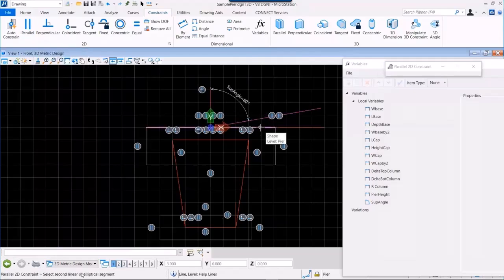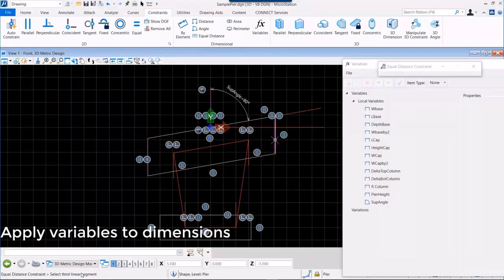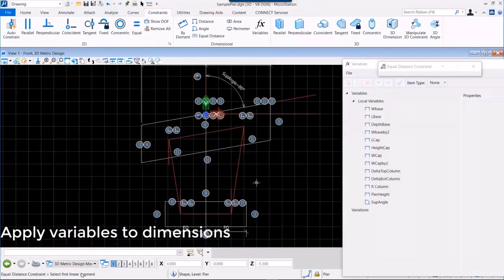And then this line will be parallel with this line. So when they rotate, you see, it just goes together. Getting them at 1 o'clock and everything. So this is how this is all done. Right? And then remain parallel as well with the other element. So this is what you need to behave on that constraints. Then equal distance. Okay, so that line, again, it's symmetrical, right? And then when I dimension this, I can just start applying all these variables that I defined